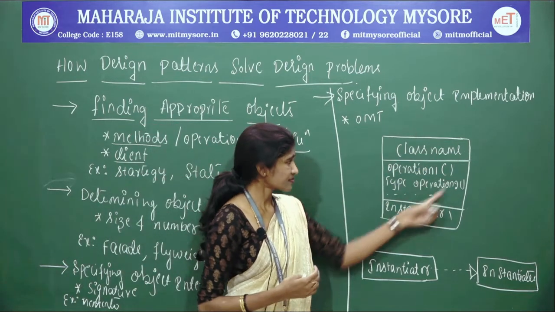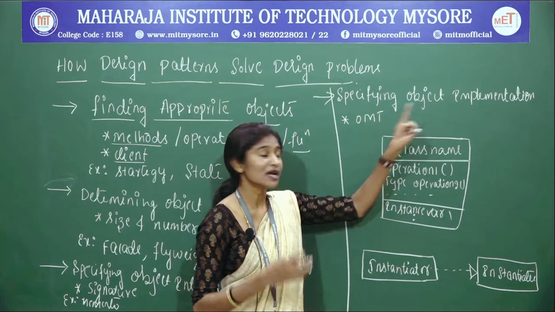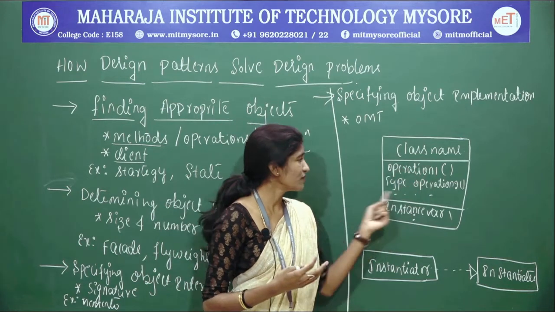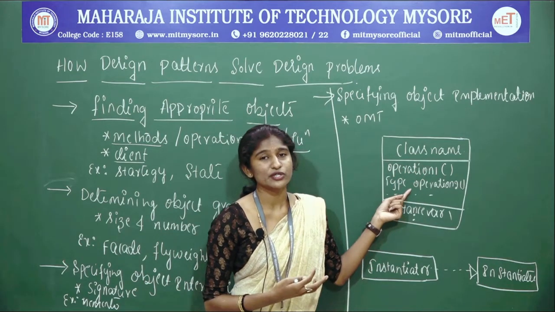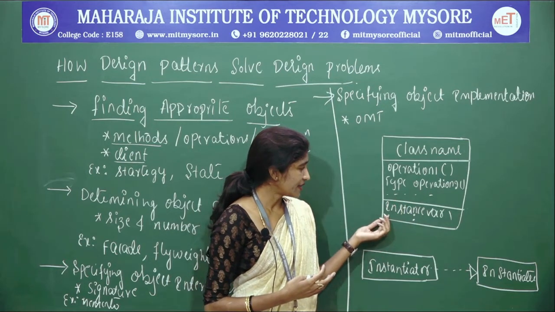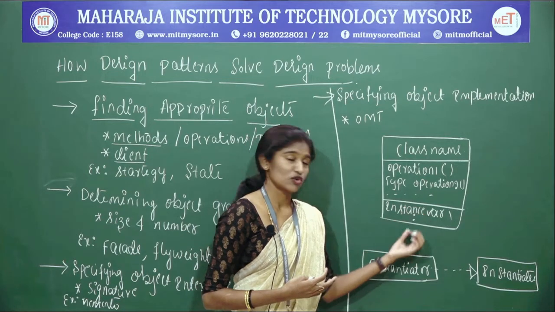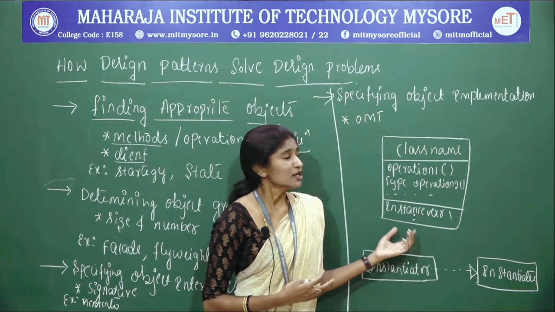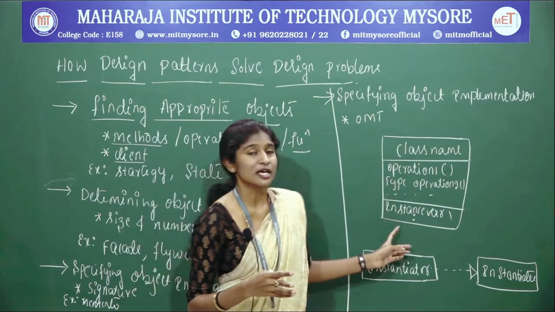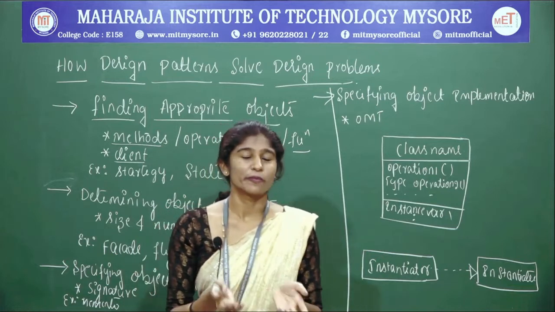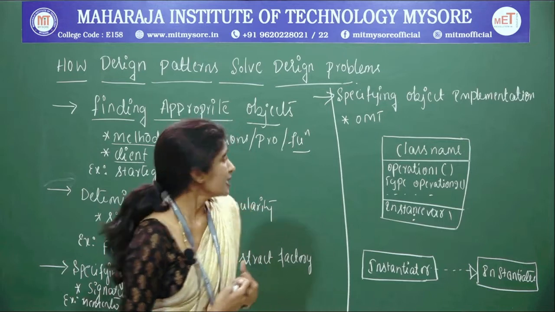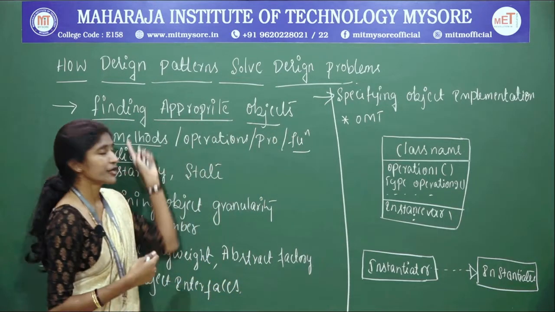You can just see here, this is a diagram I have written for another topic, but you can use the same notations. You will be having a class, and you will be having the operations, which are nothing but the functions and methods that can be used. Within that I have written instance variable 1, and you can also write n number of variables, right? So an abstract view or just an outline of the class looks like this. It contains a class name, the operations, and the variables or data that can be used, right? So that is also what I am going to consider here.